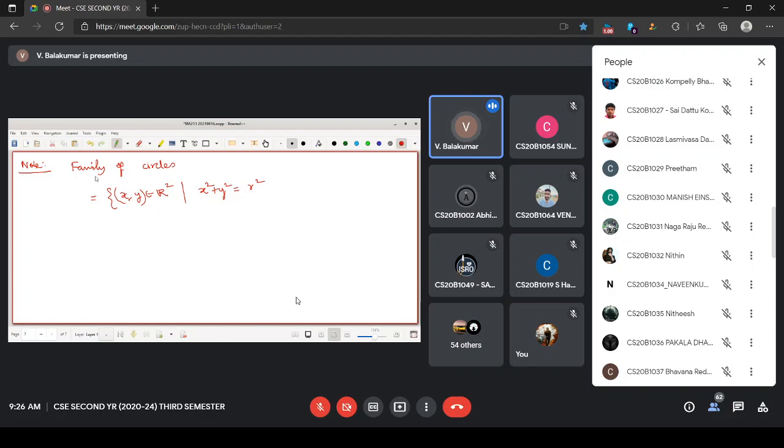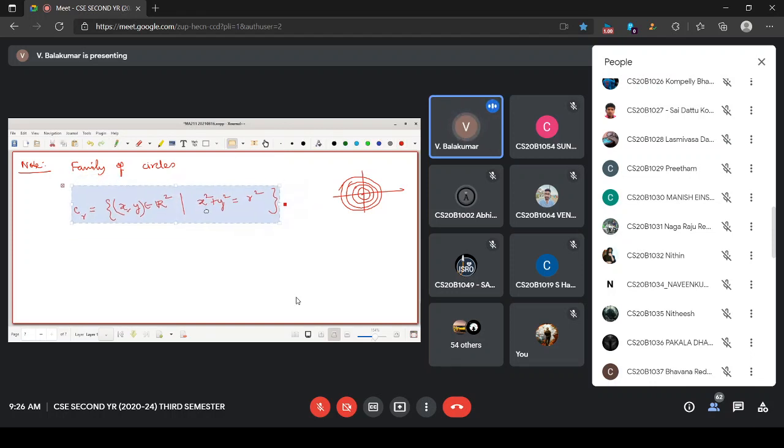Instead of i, let me use CR. Circle centered at 0, 0 with radius R. Meaning if you draw that, this may be first circle, this may be second circle, this may be third circle, and many circles you will be drawing. And this R, I have to tell where it is from.